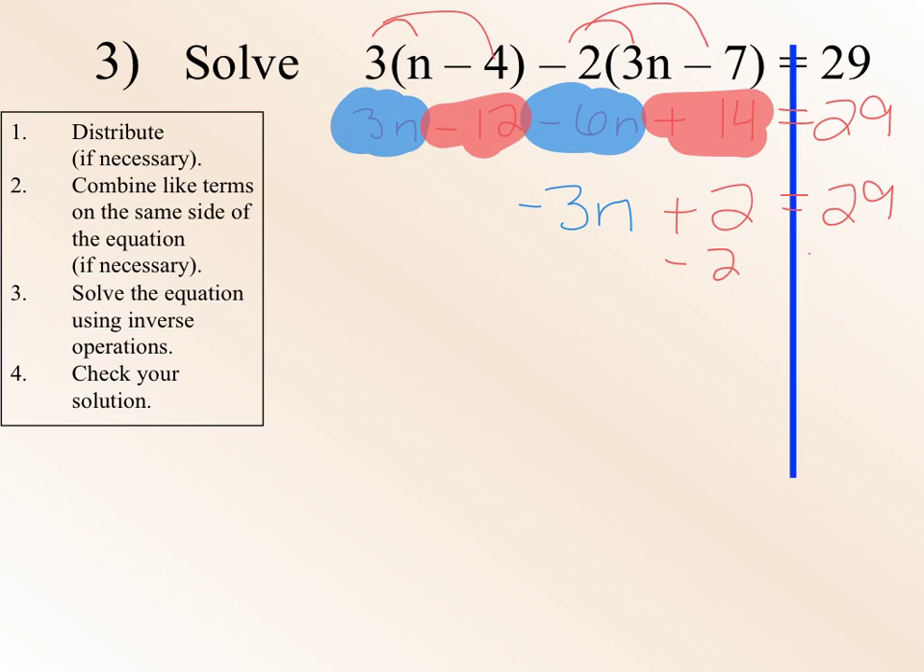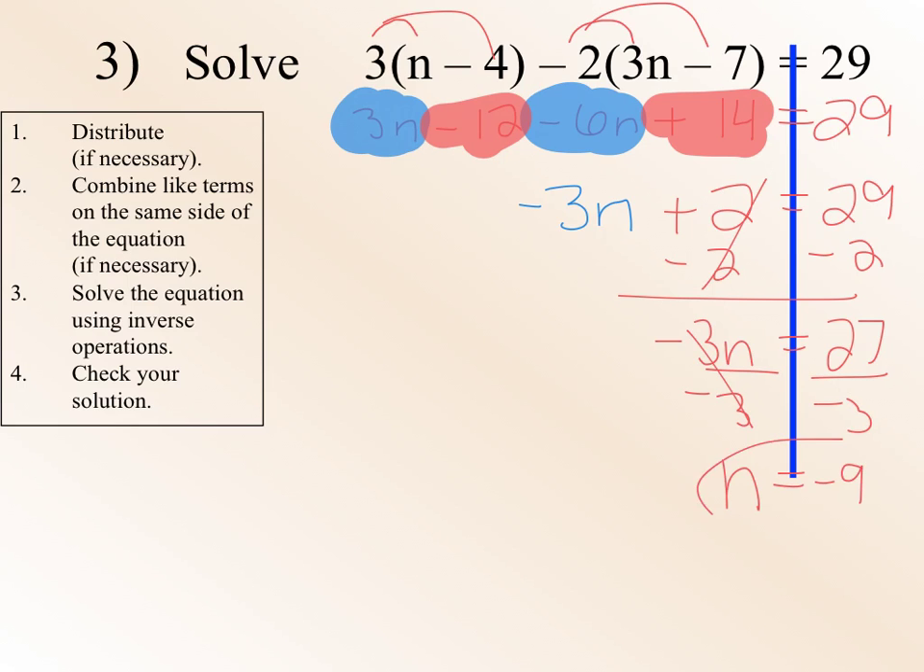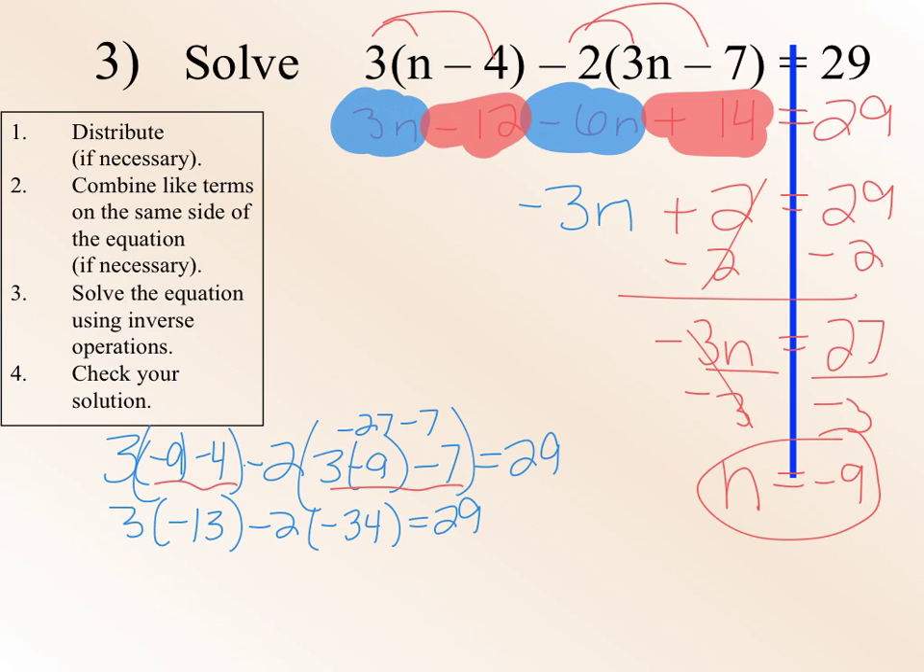So we're going to subtract 2 from both sides. That'll give us 27, and then divide by negative 3, and 27 divided by negative 3 should give us negative 9. So when you do your check on something like this, you have to plug your negative 9 into 2 different spots. So I have shown where you're going to plug it back in, and then you're going to do